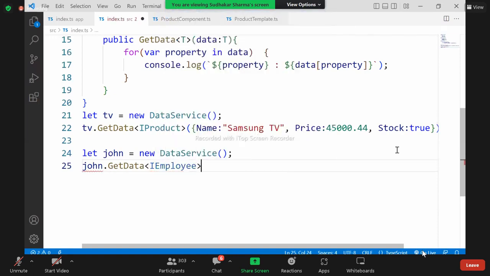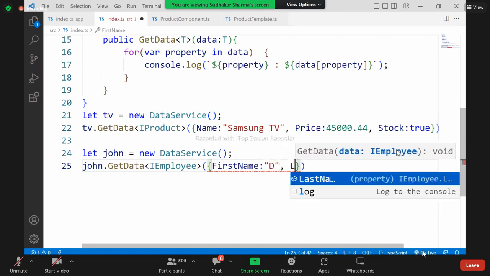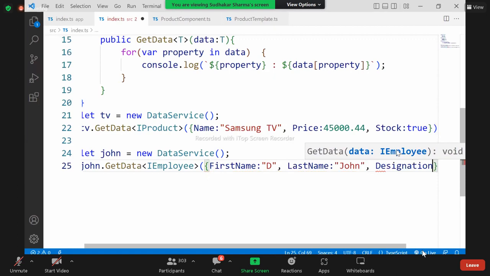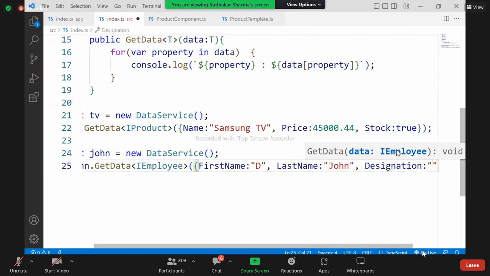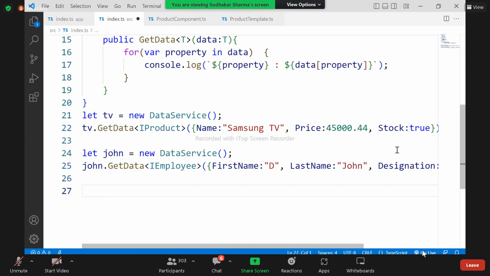So, an employee type, that means here it will be only first name. First name is some J and D, something like this. And we have last name, so like John. And we have the designation, like suppose manager, like this. And I am defining this. This time you created a method in such a way that it can handle